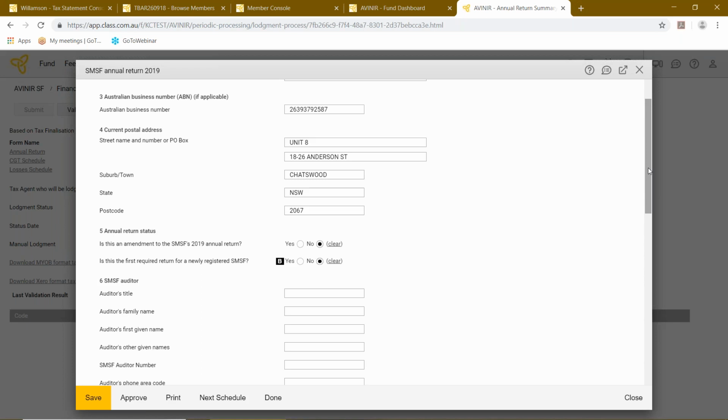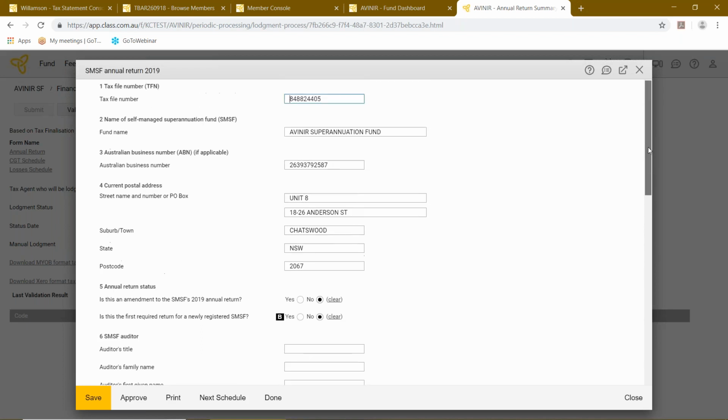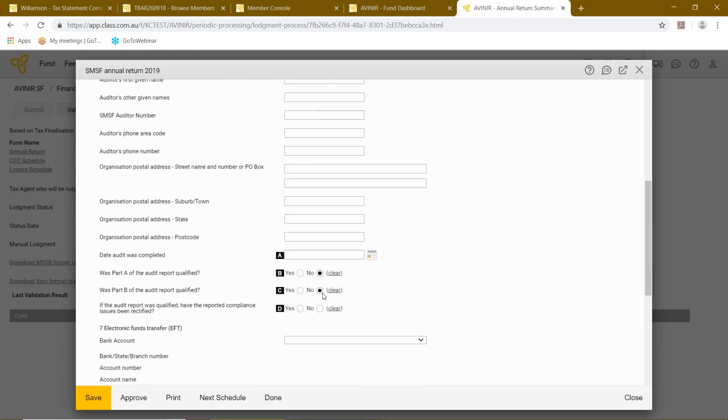There's some changes in the audit reports, and in essence, the ATO is trying to get more information as to Part A and Part B, whether the audit report has been qualified, and you have to provide an answer to both Part A and also Part B. That way, it is to gather more information as to the actual status of your audit as part of the ATO's information gathering process. The other major area